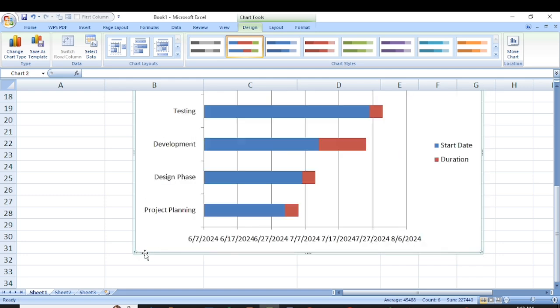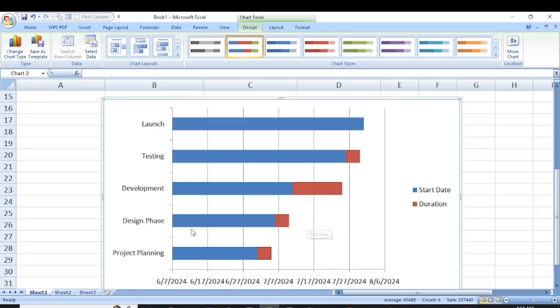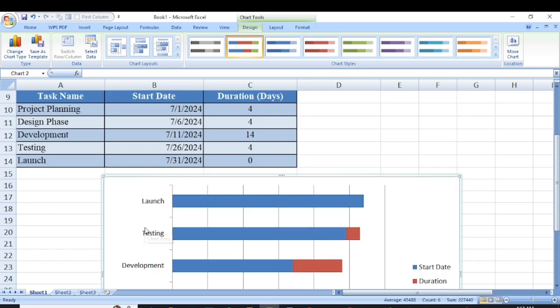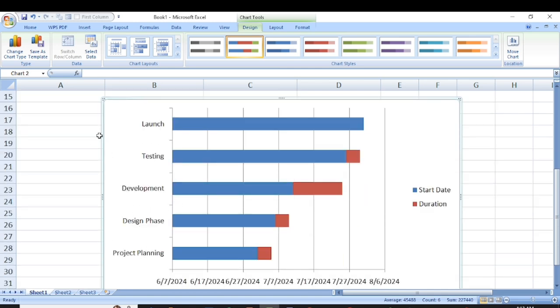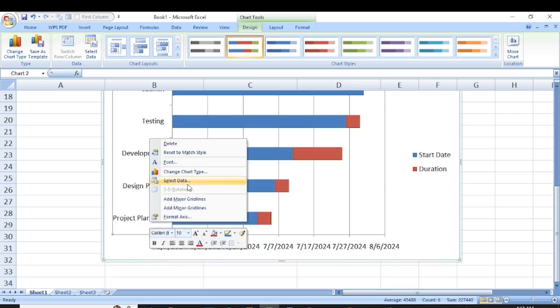So at a professional level, you will be able to know which data is good for which one when you are doing your data analysis. But now, what you just need is that you have represented your data in charts. So now what next? If you look at the task names, you see that the launch is up and the project is down. We need to interchange it so that the project will go up and the launch will come down. So if you want to do that, you right click on it, then you say